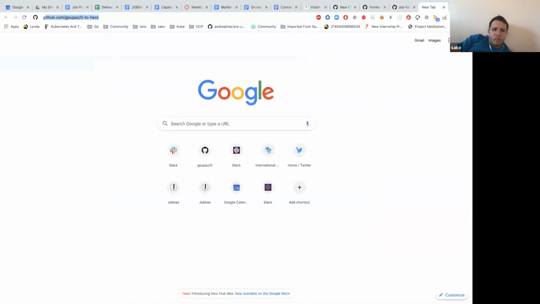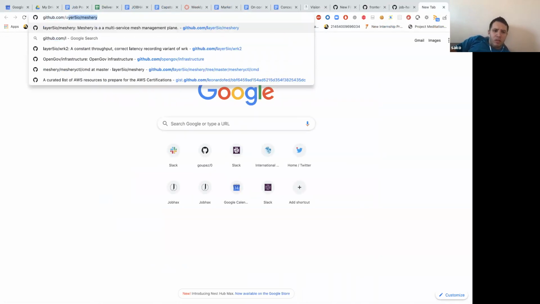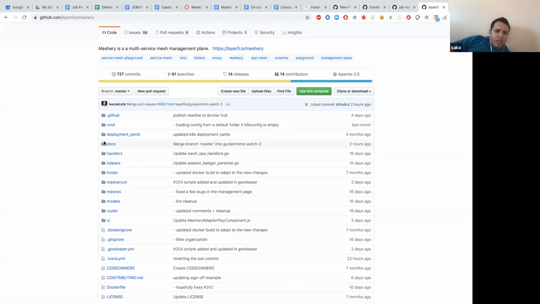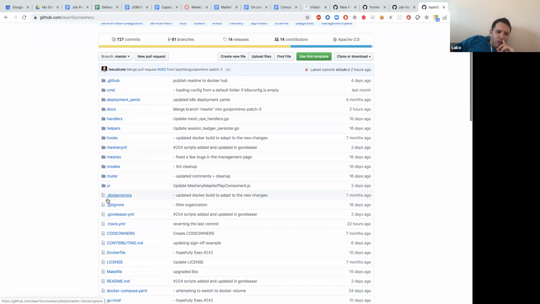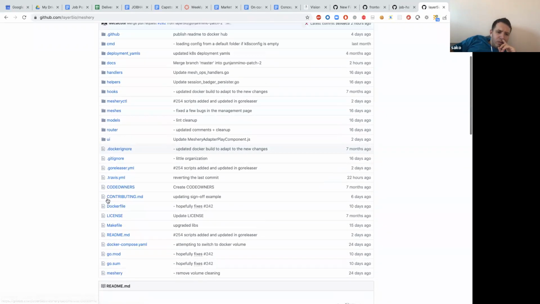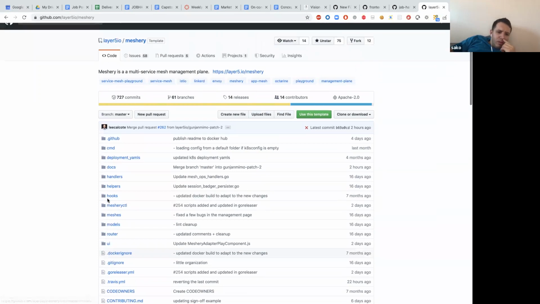Let me see from another project, Layer 5. So we can have the docs, the UI, router, models, helper, handler. I think that should be fine.